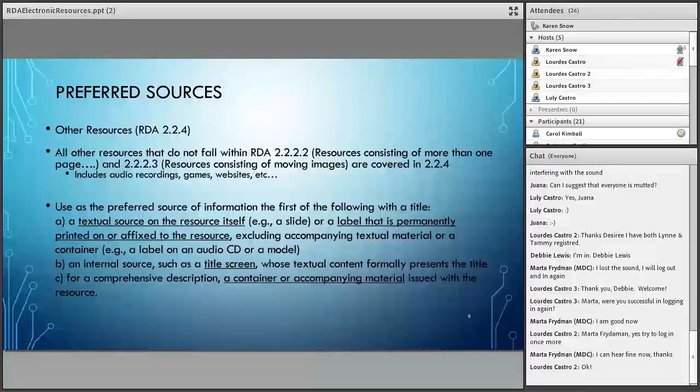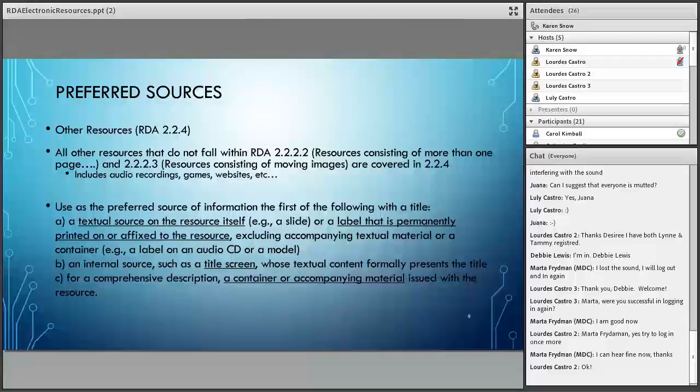So those are addressed in specific rules, for an ebook and then a website, and then there's this rule for other sources. So I covered our electronic book, our website, and now looking at our CD-ROM game. That's not specifically covered in the rules that we just discussed. So that's covered under this other rule that's nearby. It's part of these series of instructions, RDA 2.2.4, that covers other resources.